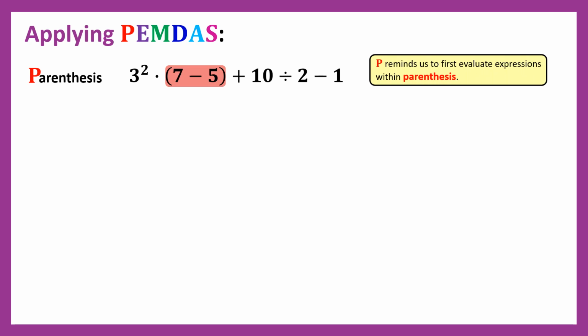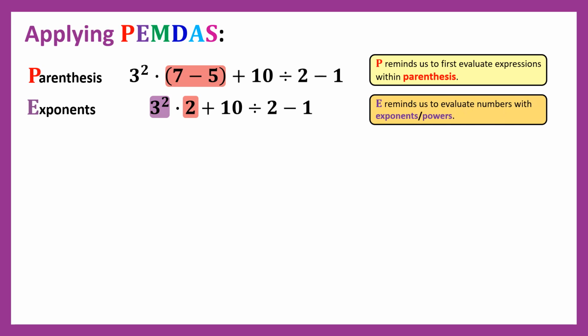A quick note that P reminds us to first evaluate whatever is in parentheses. So here we have 7 minus 5 in parentheses, and that gives us an answer of 2. The next letter is E for exponents. So again, let's identify what part of the expression has an exponent, and here we have that 3 has an exponent of 2, also known as a raised power. So the E reminds us to evaluate numbers with exponents and powers. So 3 raised to the second power, which is also known as 3 times 3, that gives us an answer